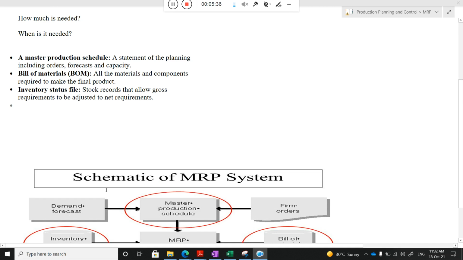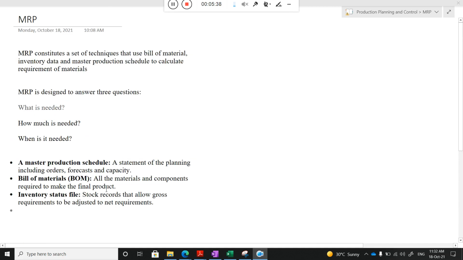So class, is there any doubt? Do you have a clear idea of what the MRP is? It is actually a combination of the bill of material, inventory data, and the master production schedule. I know the bill of material and the MPS are new terminology for you, but I will clear that up in the numerical part. But till now, is there any doubt? Then please ask me, class.